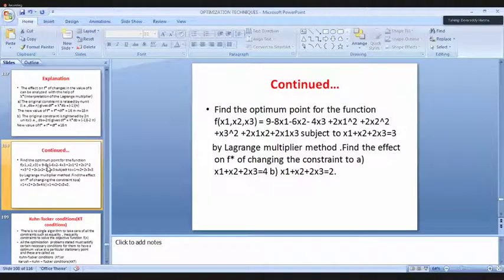Can you solve for this? I don't want to waste my time, because this was the question I gave you with direct substitution, and I gave it by Lagrange multiplier. Now I give it with the constraint by changing the value of the constant from 3 to 4 or 3 to 2. So take this question. Please try it out. This is the same question. Please take it and try. If you have a doubt, you can ask me, please.